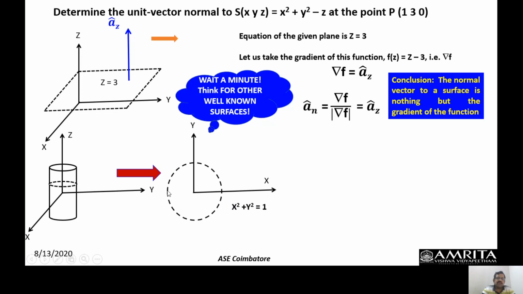In this case, I am going to get minus a_x. In this case, I am going to get minus a_y at this point. At this point, I am going to get plus a_y. So you can see that, depending on the coordinate position, the direction of this gradient function is varying because of the variation in the coordinate. Now, the magnitude: along this direction, if I look at the function, it increases like this. Along this other direction, it increases differently. So that is what I am saying.